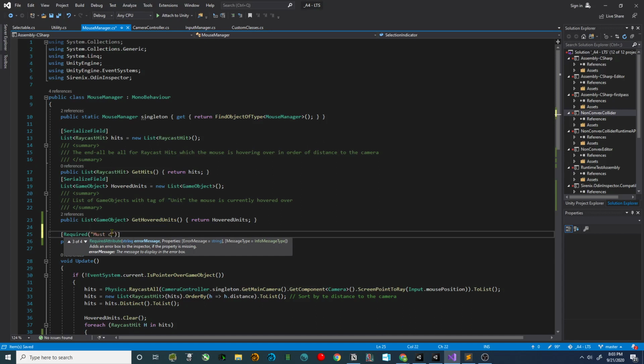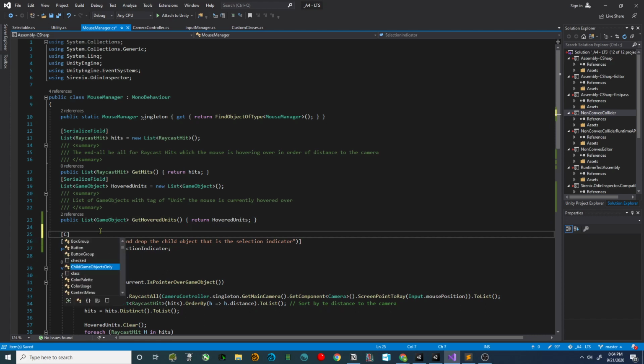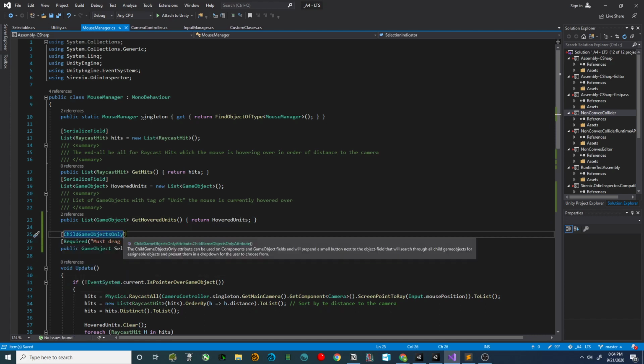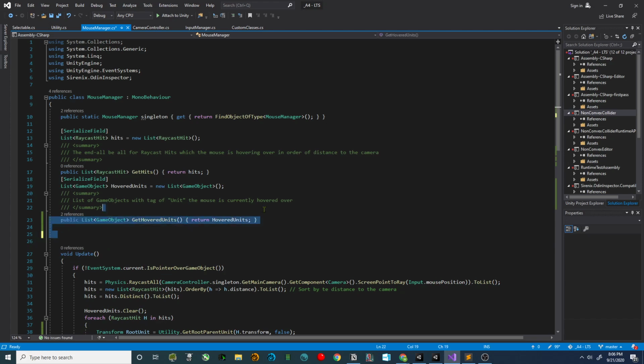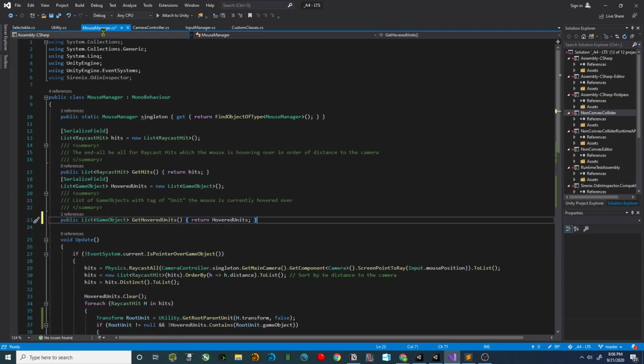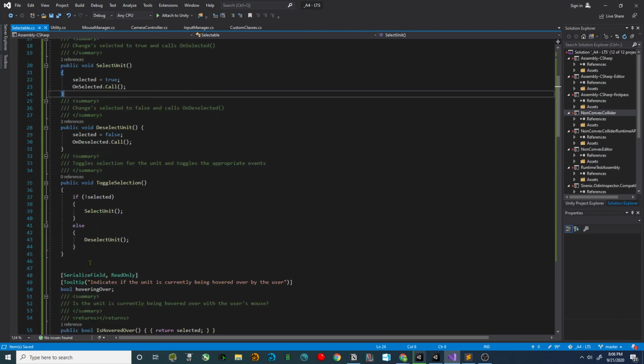It's going to be must drag and drop the child that is the selection indicator. In addition, I'm going to put child game objects only. It must be within the hierarchy of this unit. And I'm just now realizing that I am actually in the input manager script, or the mouse manager script. I want to be in the selectable script. So let's